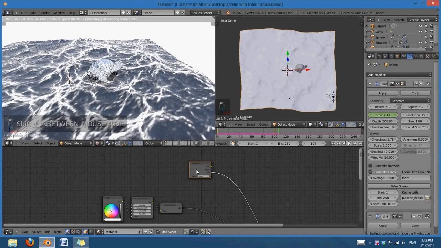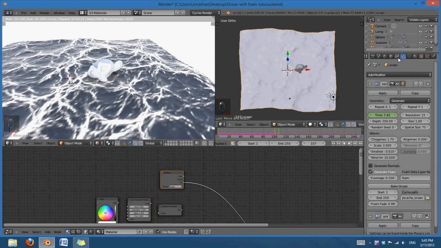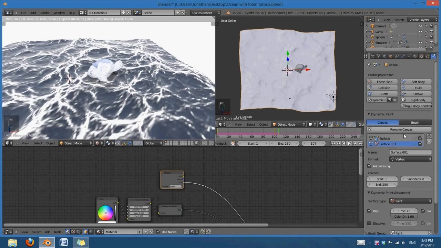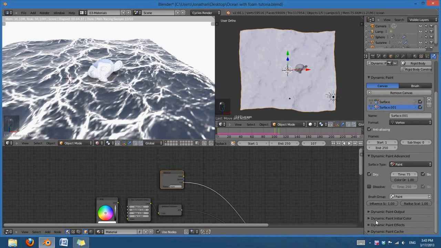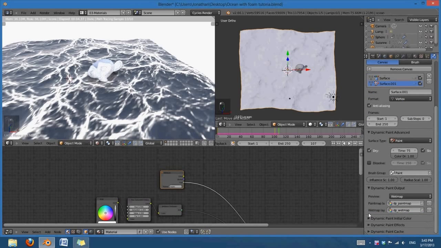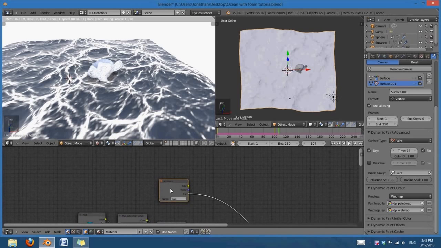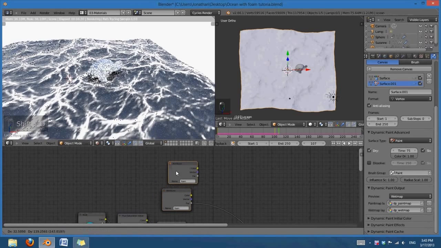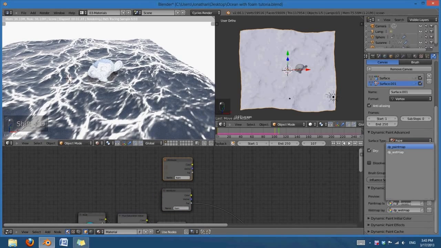So now, just like we got the foam into Cycles, we are going to do the same thing with dynamic paint. So you can see that down here in the dynamic paint output, we have a wet map and a paint map, and I can use those as attributes, so I can duplicate that. Control C, copy that name,